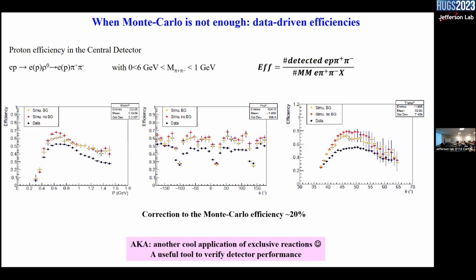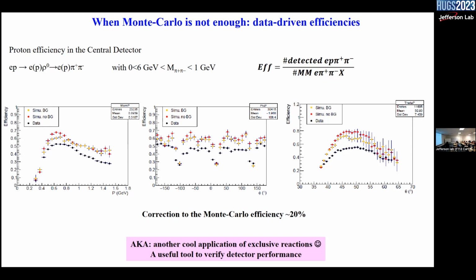And we did a similar thing to evaluate the proton efficiency in the central detector, because this was an early experiment of CLAS12, and the efficiency and reconstruction of the central detector was not yet optimized. To estimate this, we used another exclusive reaction, which is the rho zero electroproduction. In this case, we detect the two decay pions, and we do detect the proton. And you construct similarly the efficiency by the ratio of the cases in which you detect the proton or it's